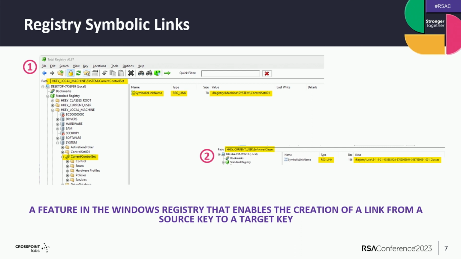The underlying structure of these links is very simple. It's an empty key, and it has one value with the name SymbolicLinkValue and with the type REG_LINK, and a string value that specifies the absolute native registry path of the target key that you want to redirect to.